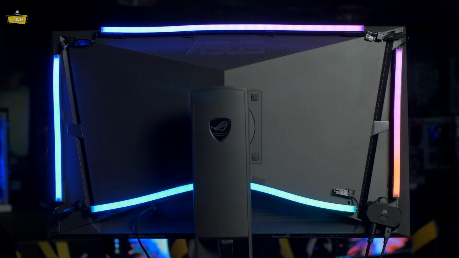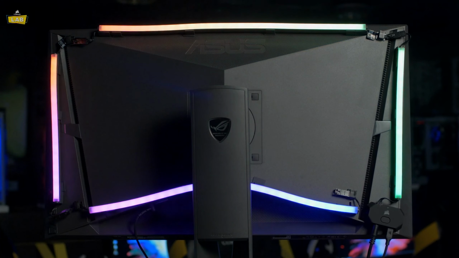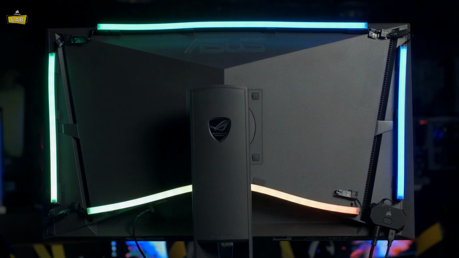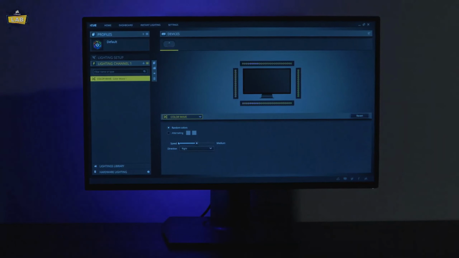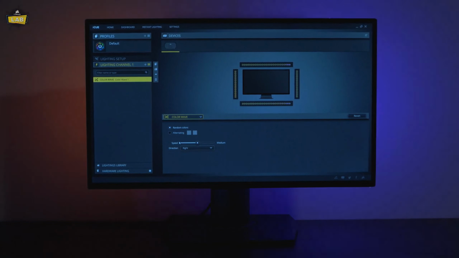The LS100 takes advantage of many of the other features we've grown to love with iCUE, such as Lighting Link and Instant Lighting, to easily sync up all your iCUE-enabled hardware and peripherals. And that's it! The LS100 starter kit immerses you further into your gameplay, music, and content with vibrant ambient lighting